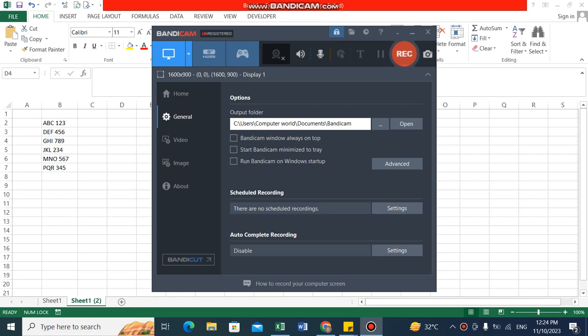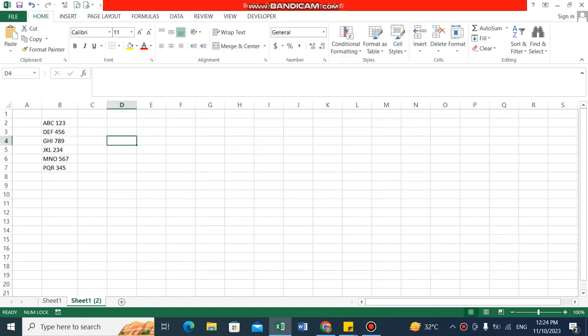Hello everyone, in this video we will split columns by dividing the cell values. Let's start with this. You can see ABC 1 2 3, D E F 4 5 6, GHI. Now what you want is to split these values into multiple columns, say 2 columns or 3 columns, based on certain criteria. One of the easiest and simplest ways is to just select all the columns, go to Data,